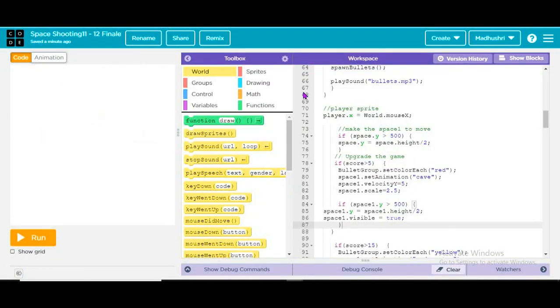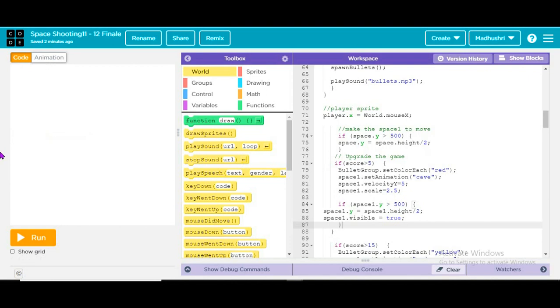Here we have to make the space one move, that is, the first background to move. For that, if space dot y is greater than 500, then space dot y equals space dot height by 2.